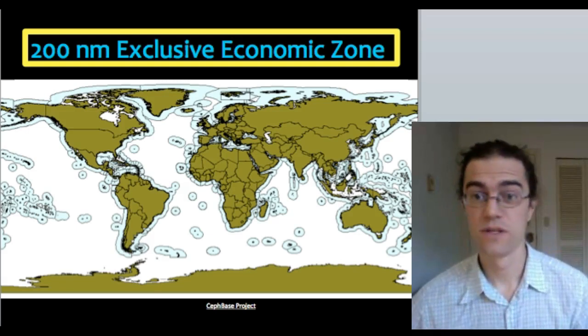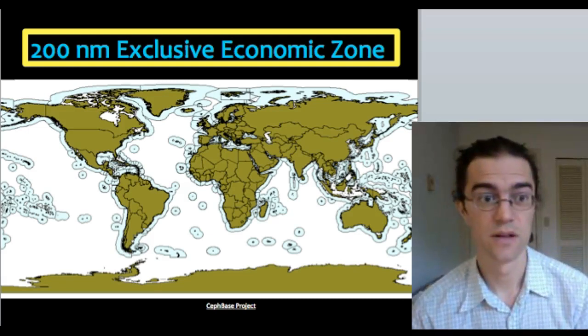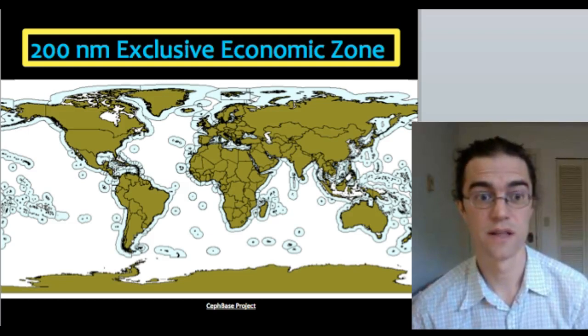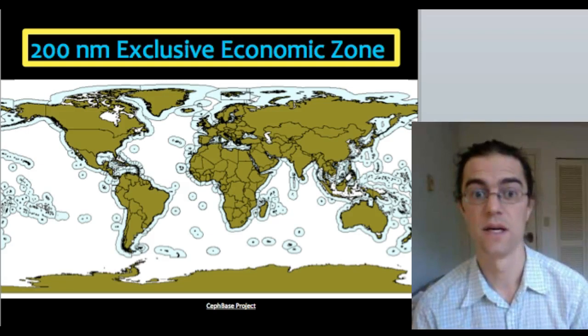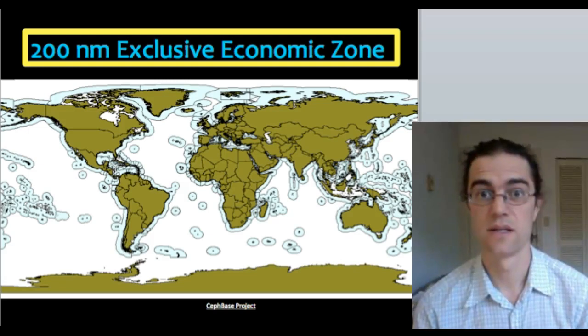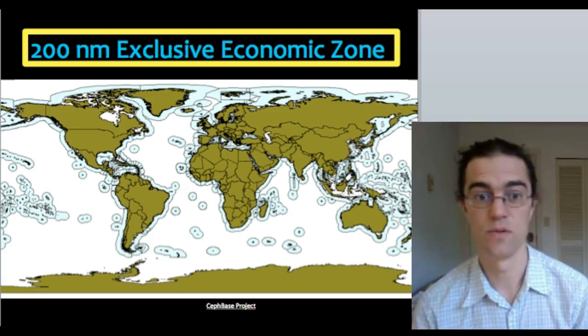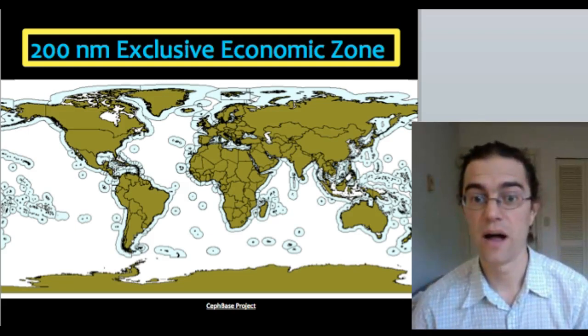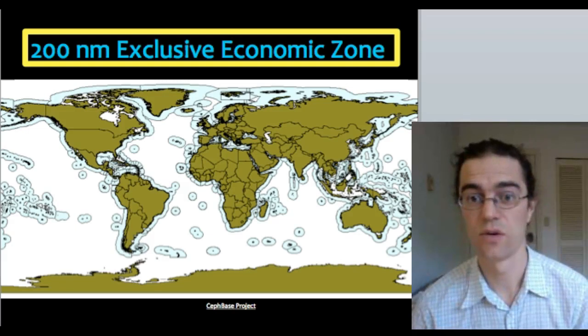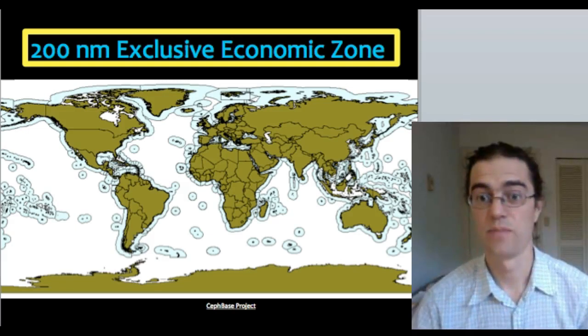I want to read you just a little section here, and I'll include more of it on the next slide, but this is from the UN Convention on the Law of the Sea. In the early 80s, the exclusive economic zone was established. And it says the EEZ is an area beyond and adjacent to the territorial sea, which is up to 12